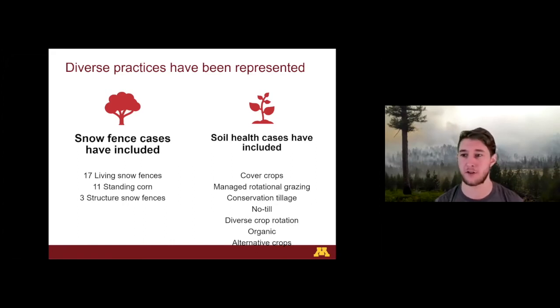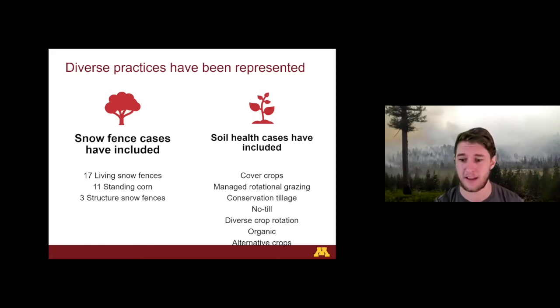And then also structure snow fences. Again, just a different set of benefits that are available to folks. These were all, from what I can recall, rental agreements. So they are providing an additional revenue stream, which is really nice for folks, especially on marginal land. But they do not have those cascading effects that impact other elements of the operation.